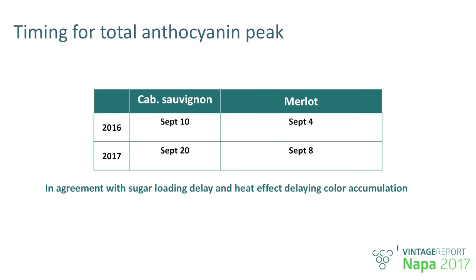Because I know that it has implication in refining the position of harvest window and also the potential for extracting more color. And what's very interesting is that the peak in 2016 was earlier than 2017. What's the difference? Well, in 2017 we had more heat waves. And that's exactly what the scientists from Le Courieux and Guyot have predicted, is that the heat will delay the onset of color. So there is this extremely nice match between something that has been obtained under really constrained conditions